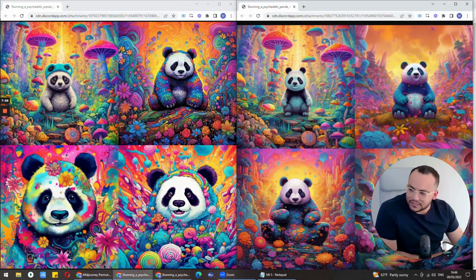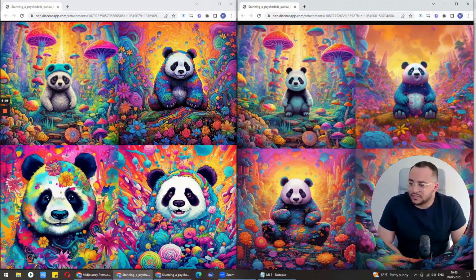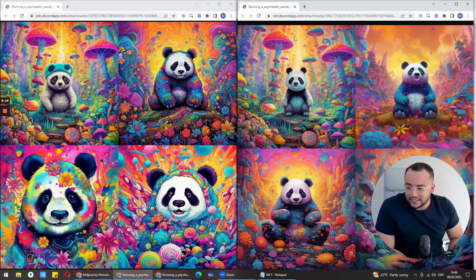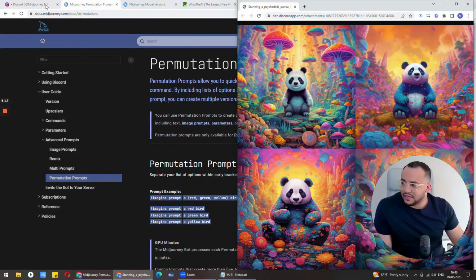For example, this one on the top, you feel it's more polished, more rendered, it has more graphics in it. So I think it's a good idea to let MidJourney add different components to the art by itself instead of using the raw version. So let's now try MidJourney version 5 without any kind of